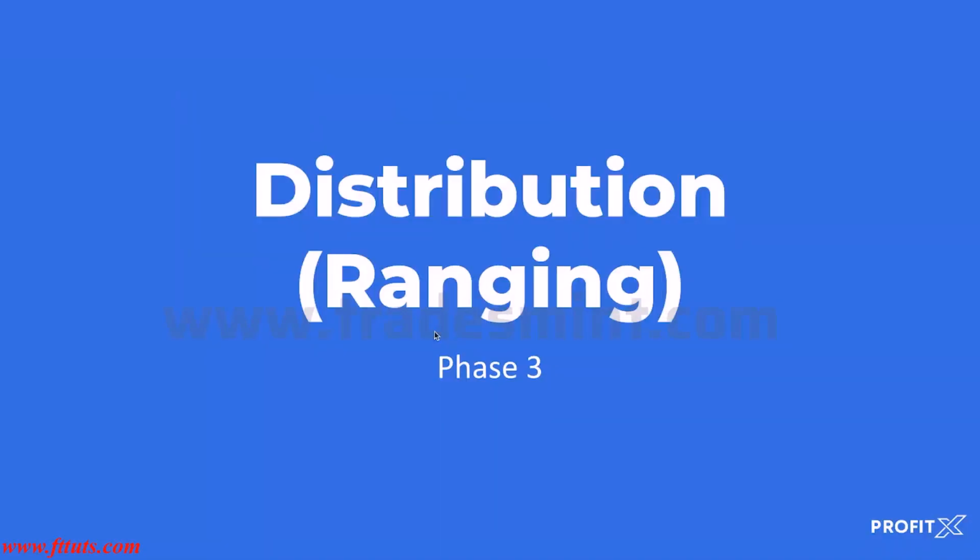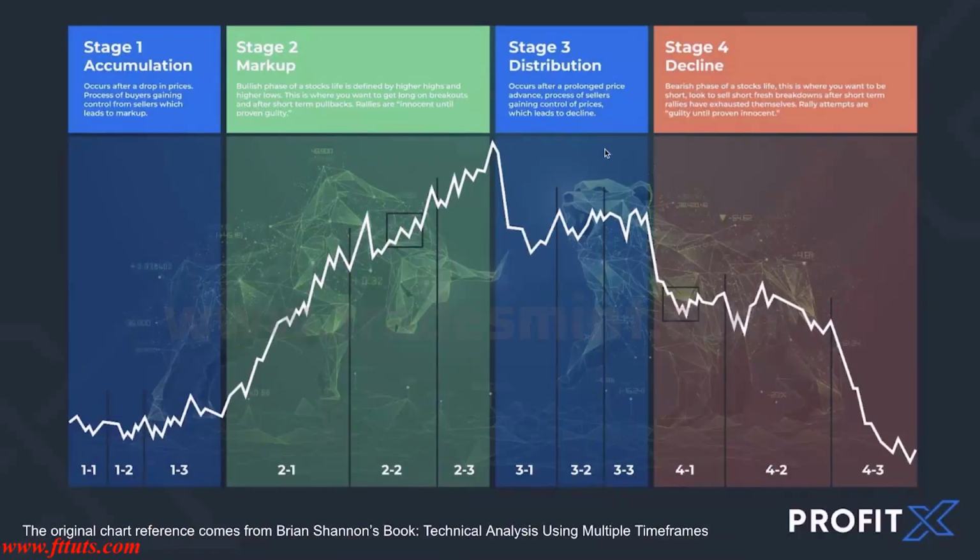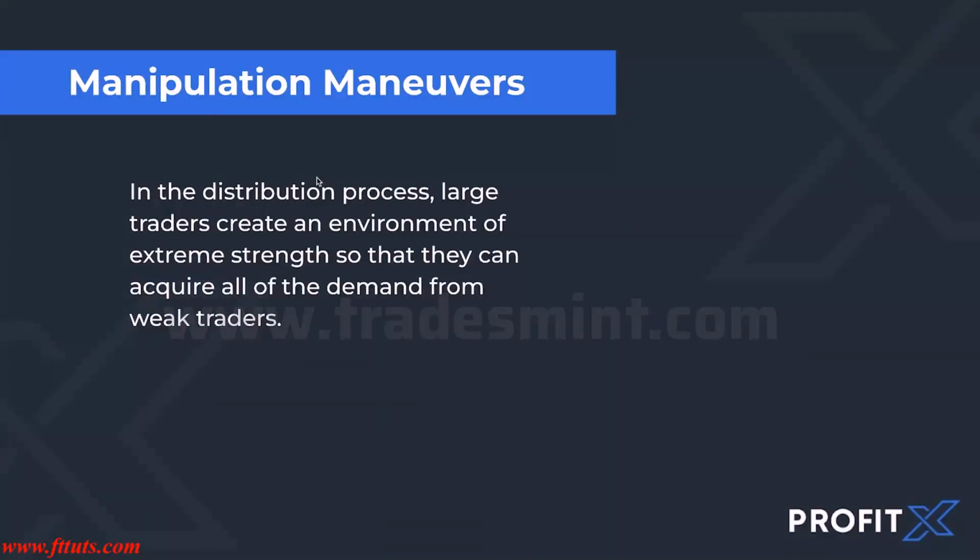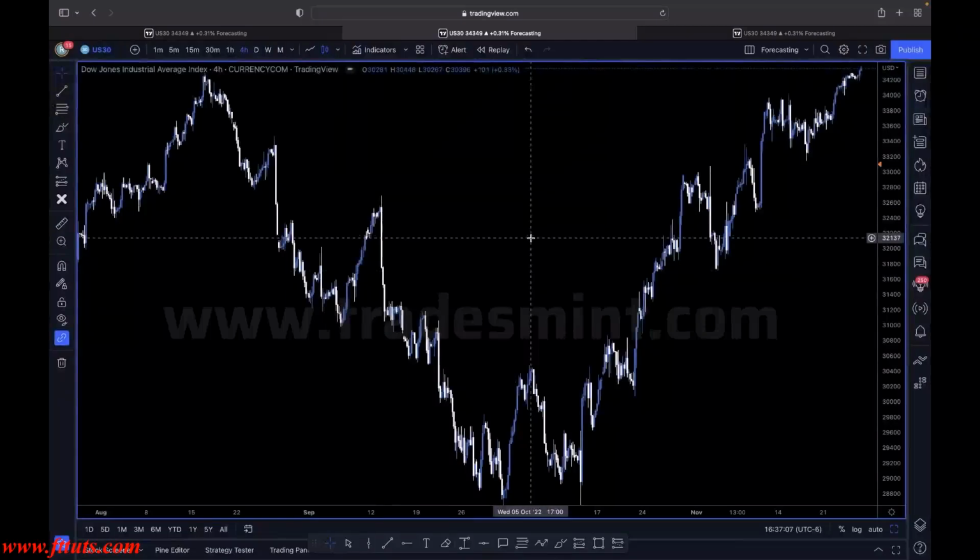Okay. So now we're going to talk about the distribution, when it's ranging again. The distribution phase occurs after an uptrend. During the distribution, the same manipulation maneuvers that happen during the accumulation happen during the distribution. So if we look at